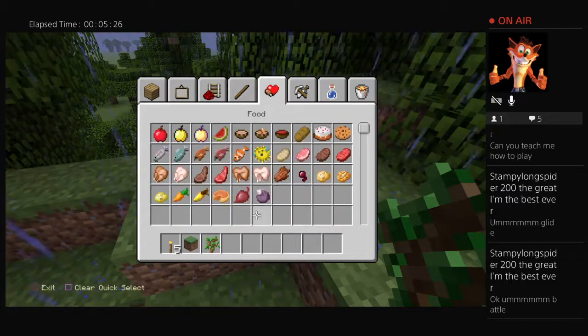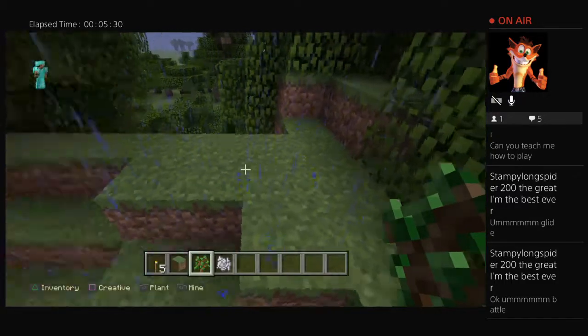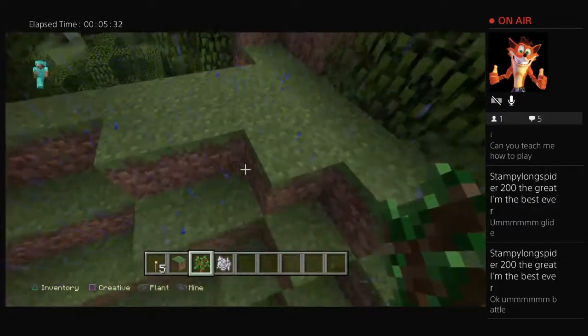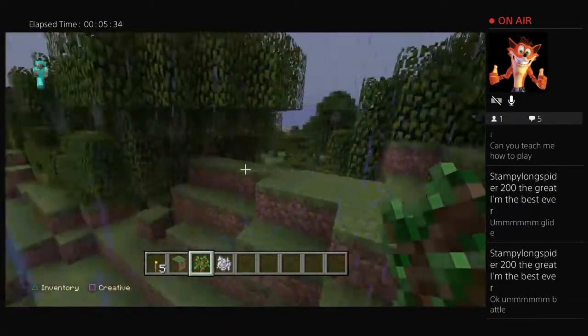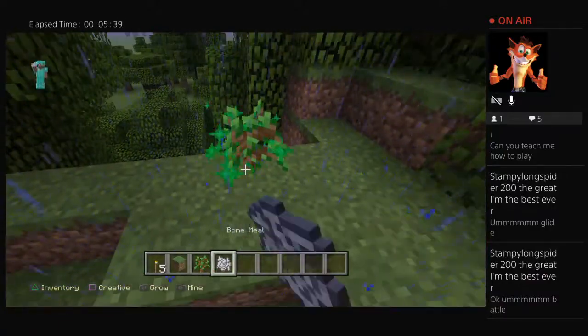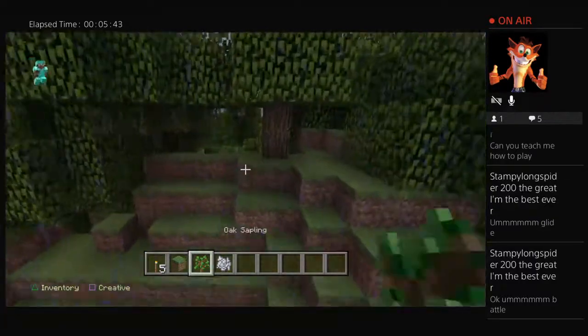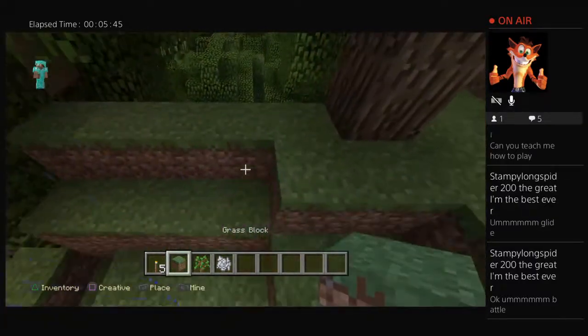This is a bone meal. And we're just gonna stick a tree, maybe. Where do we want to stick the tree? Just kind of right here. Again, just to cover up this area. There, that's better. And why don't we just go up here too, and...